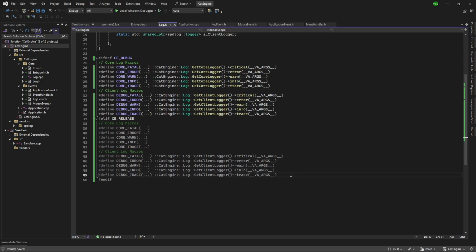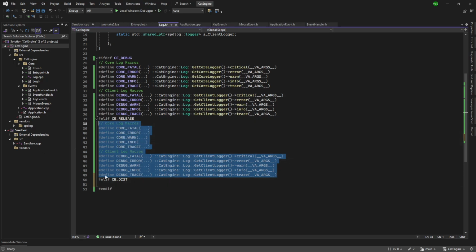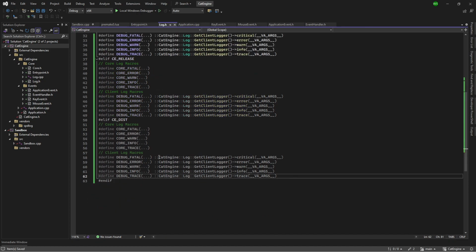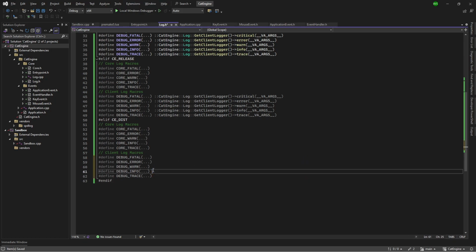So I'll go into here, do elif, we'll want to put all of these in there, but make all of these actually empty, and then throw in an extra one, just